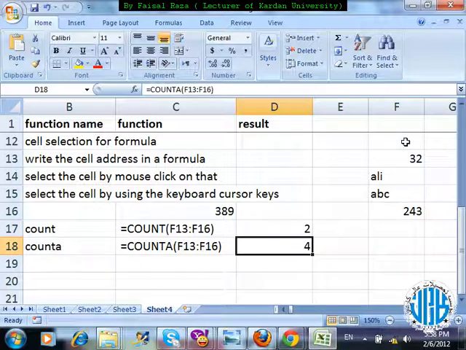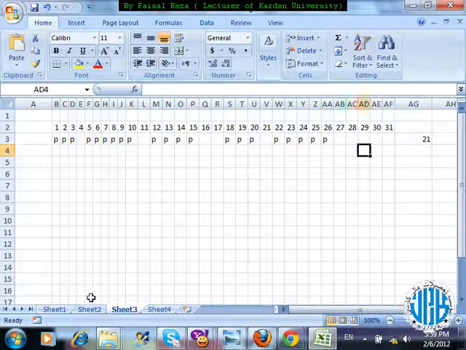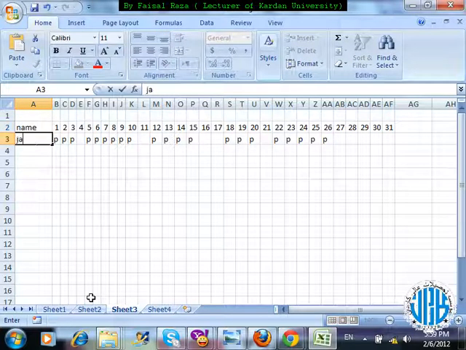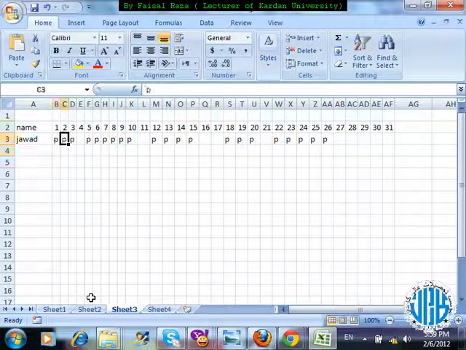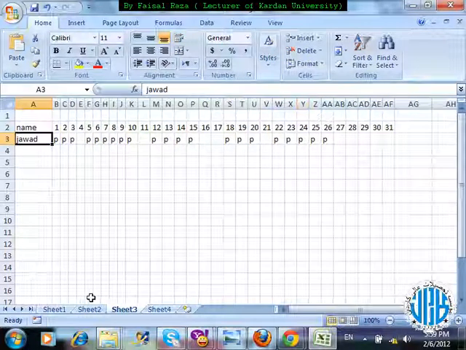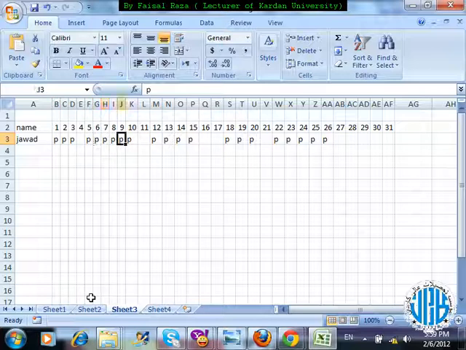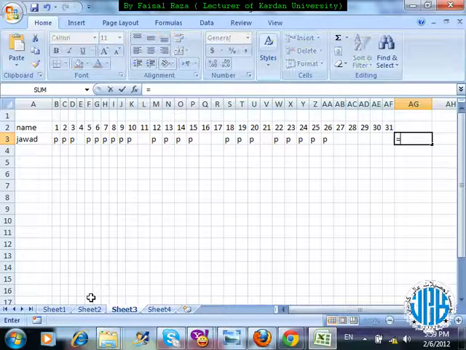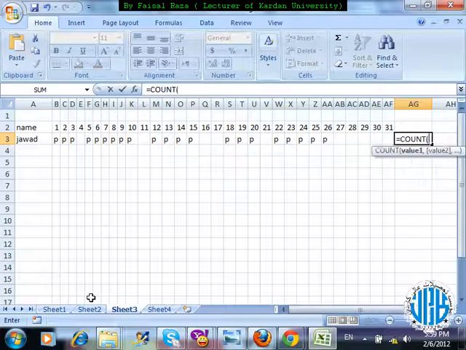So that is the use of count function and count A. Where we use that? I have created one attendance sheet. If you're going to see here, I've created one attendance sheet, just like a simple attendance sheet, with the name here, Jawad, and on which days he was present. 1, 2, 3, 4. So I'm going to write P for present. So if I'm going to count how many days total attendance is there, so I'm going to use a function, is equal to, if I'm going to use a count function, and count them, select the cells,